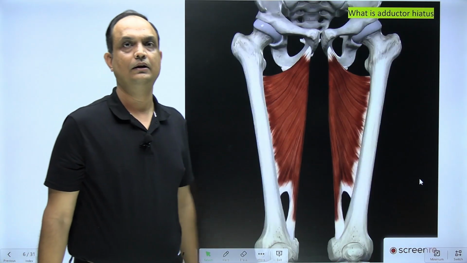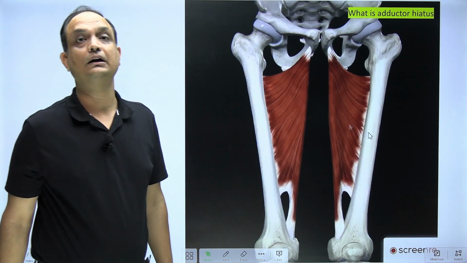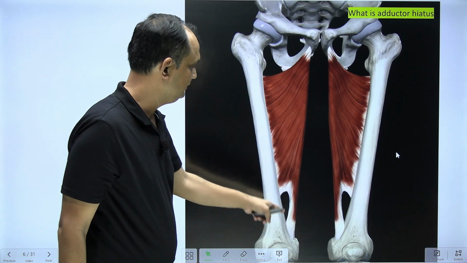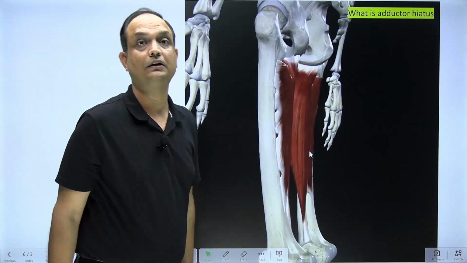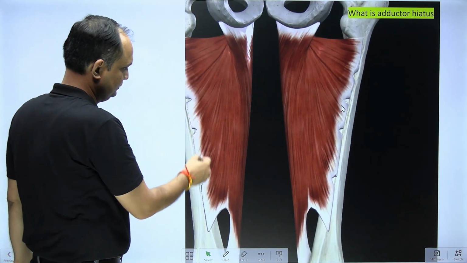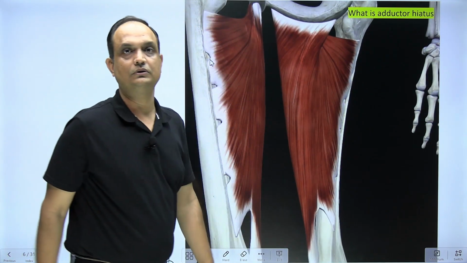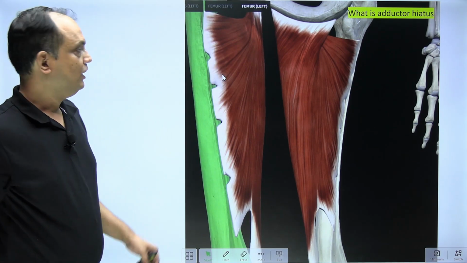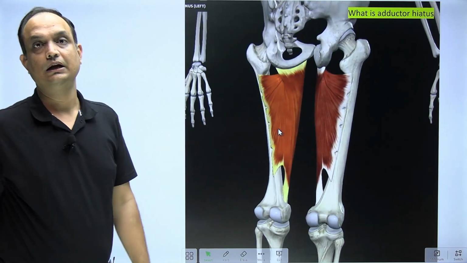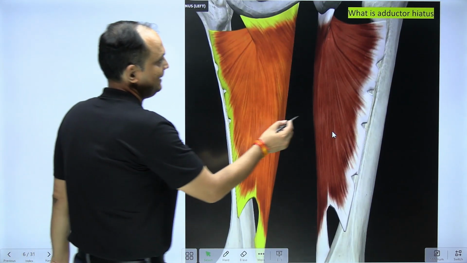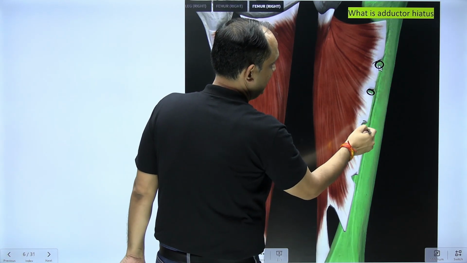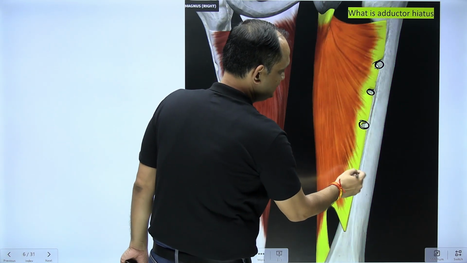Now, here if we try to understand what the adductor hiatus is. My dear students, you have to understand that there is a thick muscle present, the adductor magnus. Now this adductor magnus will go and insert on this posterior border, and this border is known as the linea aspera. On the linea aspera, this muscle will have an aponeurotic attachment, and there is a gap present between the aponeurosis of the muscle and the bone, and these gaps are known as